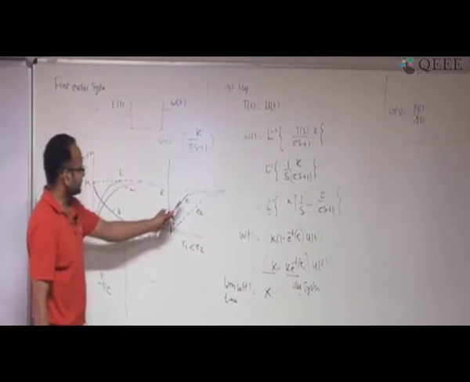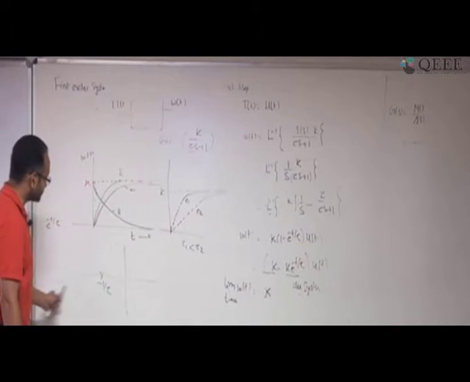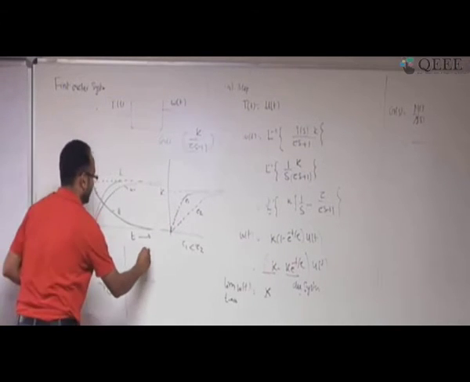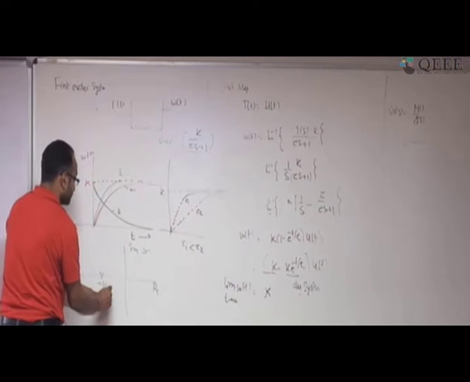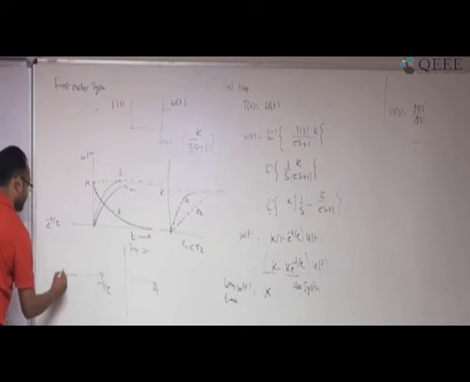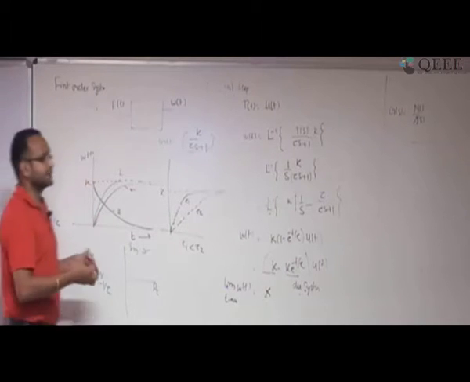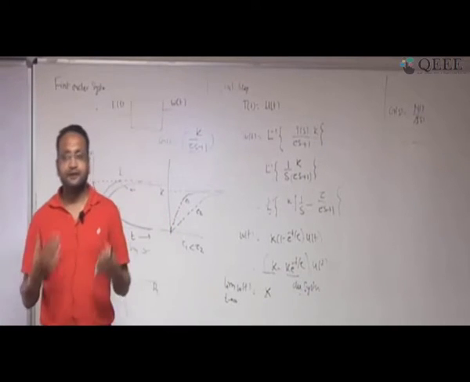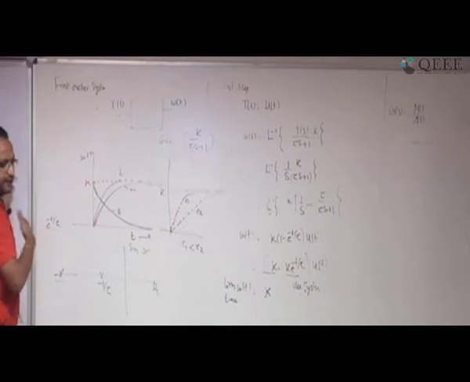Now look at, as I mentioned, if tau is small, then the system is fast. What does that mean? Tau is small means the pole has to be as far as possible from the origin. This is my S plane, this is my real part, and this is my imaginary part. So if I want my system to be very fast, then ideally I should place my pole as far left as possible. This is the typical way to understand it. Whenever I talk about the first order system, I can say the time constant has to be as small as possible. Another way I can say it is that the pole of the system should be on the extreme left side. Then I can say my system is fast.